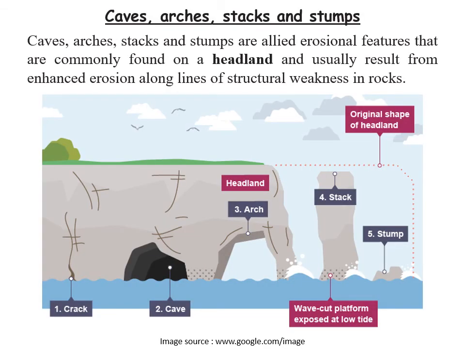The third type of landforms is the caves, arches, stacks, and stumps. Generally, this also occurs by wave activity, where the coastal rock mass already has some kinds of weak planes. That means it already has some fractures, some joint planes. Now, these joint planes or fractures are the areas where wave activity is